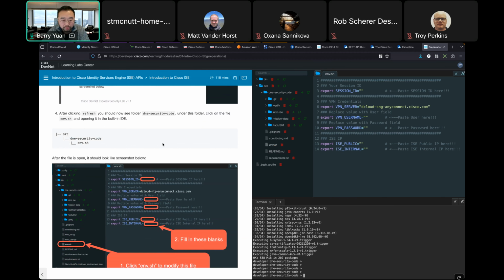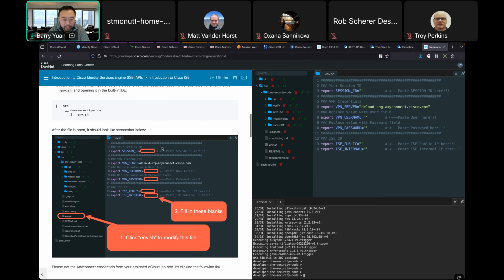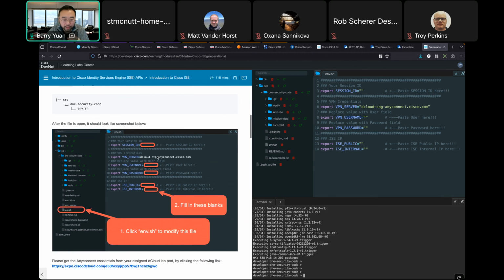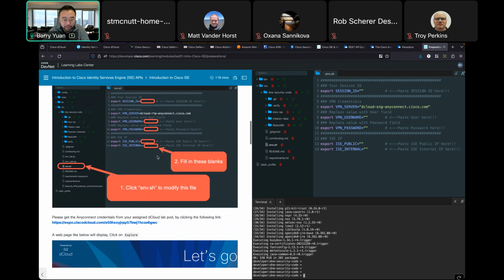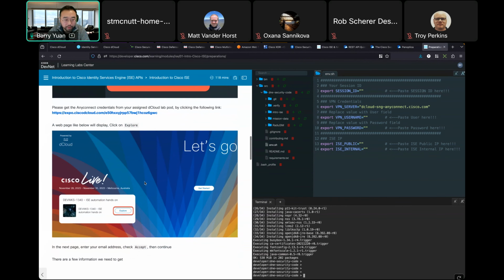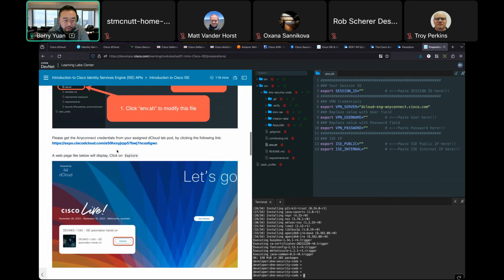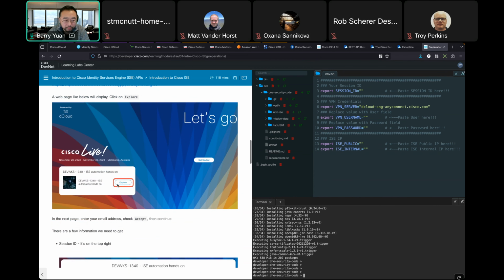So that would require us to take some information from our dCloud pod. And again, to run this lab, you'll have to spin up some dCloud instances, depending on how many students are attending, right? And then through this process, they will automatically get access to their pods and integrate with their pods so that they can start doing the lab. But also, for the Cisco Lab, I have an expo created for this lab so that they don't have to go into dCloud specifically. All they have to do is click on this link, and then they will get that landing